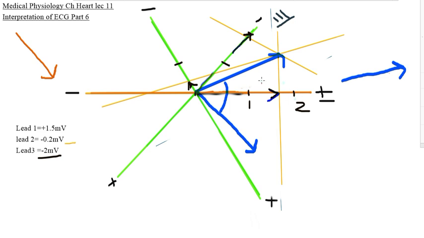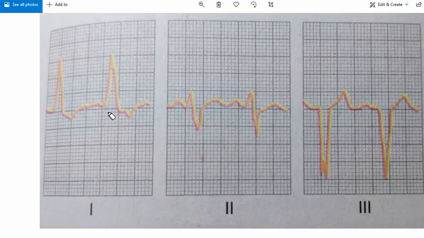Now, how can you complete our interpretation? As I have explained to you initially, if this is because of hypertrophy, the duration of QRS will be between 0.08 to 0.12 second. If this is due to the blockage of Purkinje fiber branches, then the duration may be much more than 0.12 and up to 0.16. So let's confirm what is the cause of this left axis deviation.